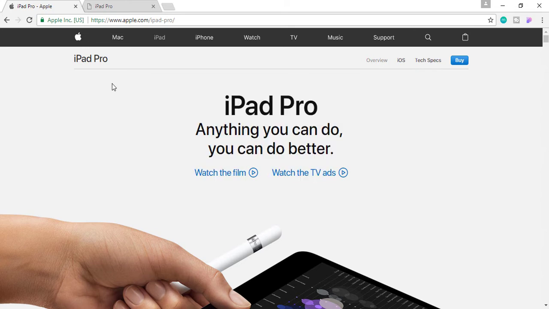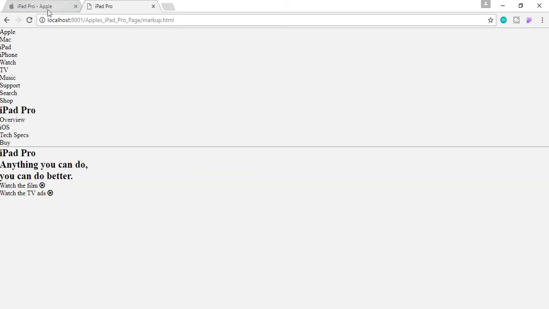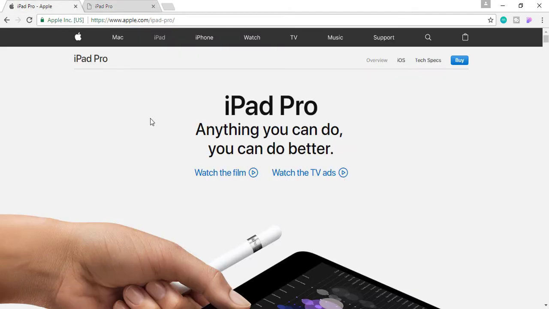So let's first create a grid of that max width, and let's use the flexbox because here we also need the flexbox.